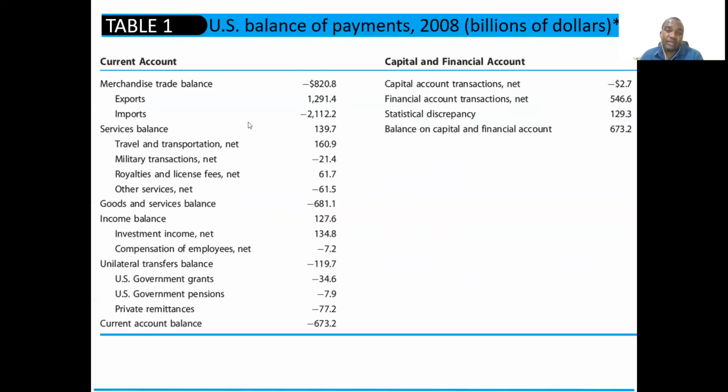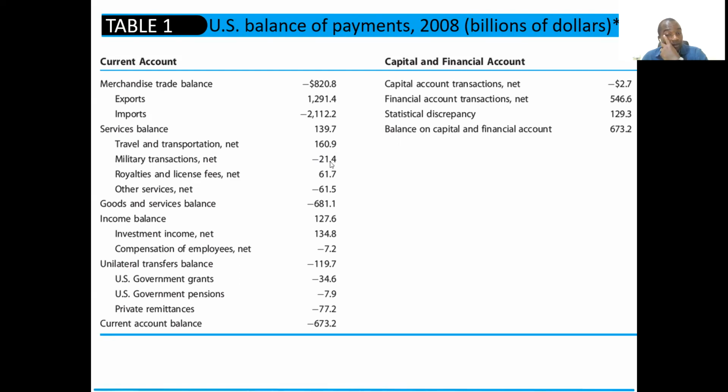So I've got an example here in table 2.1, table 1 of the US balance of payments in 2008 in billions of dollars. It's an example which shows that the merchandise trade balance was minus 820, and it was obtained from subtracting 1,291.4 minus 2,112.2. Because you are subtracting a bigger figure from a smaller one, the sign will be negative and you get minus 820. And then the services balance, we take all these services, we add to them, minus 61.5 plus 61.7, we get 0.2